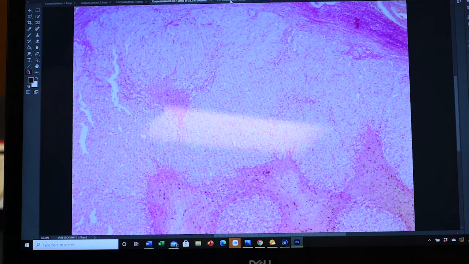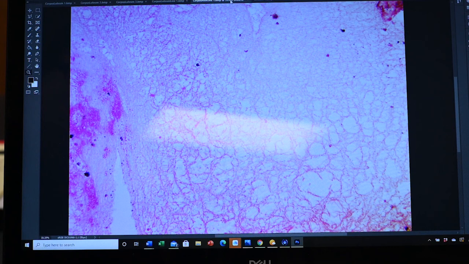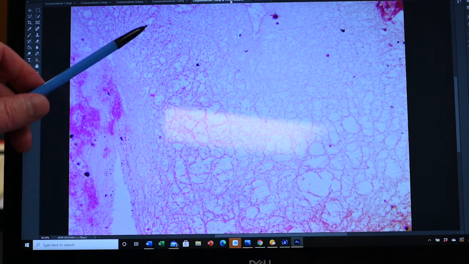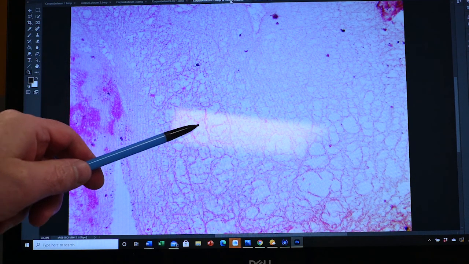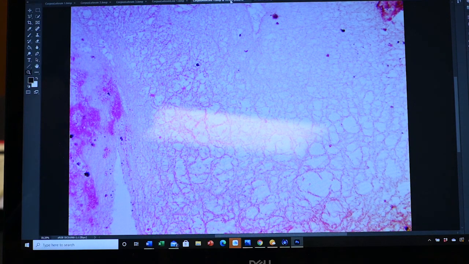After the corpus luteum is done its work, it pretty much dies, and the material that's left forms this kind of a lattice-looking tissue. It's not cellular, but you can still see the fibers that are left behind by that theca externa material. That's called the corpus albicans,